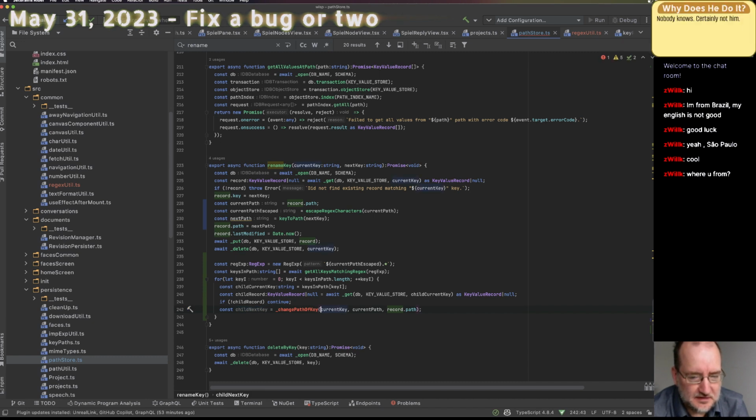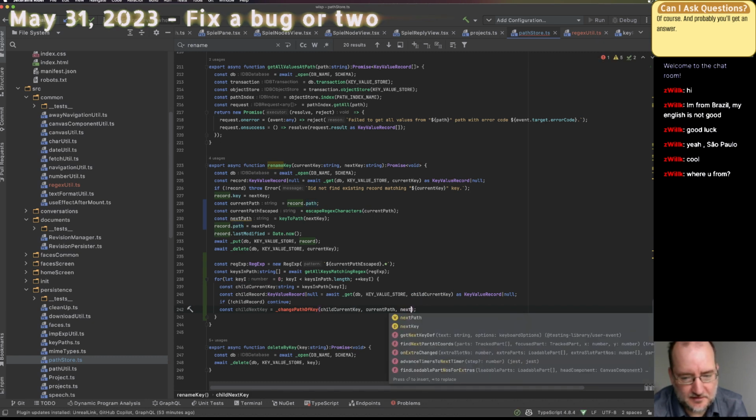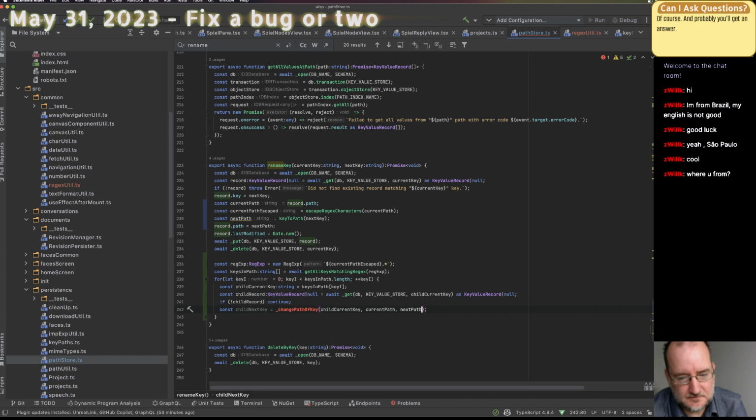So, child current key, current path, and then next path. Okay, so that's getting easier.